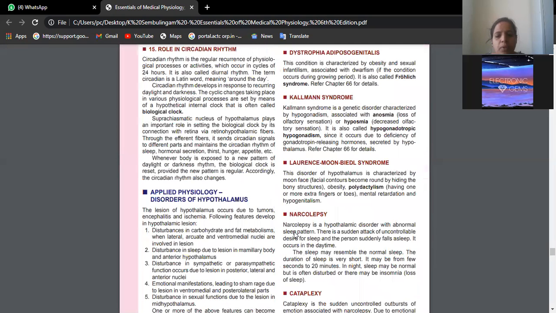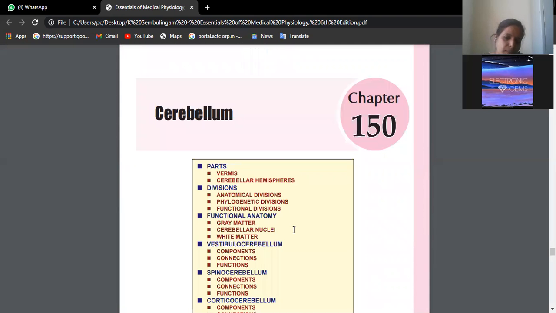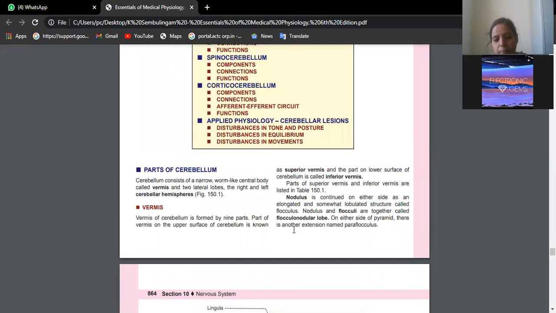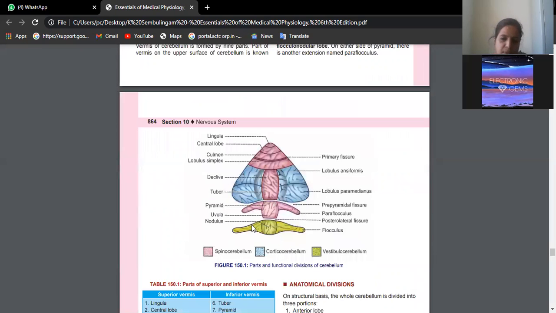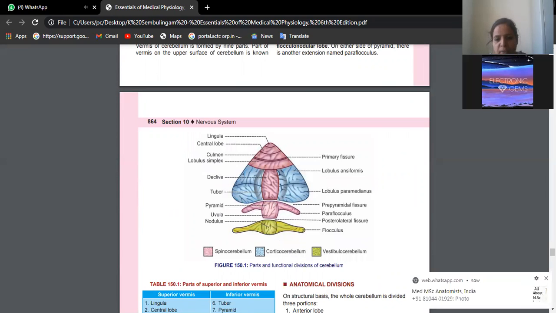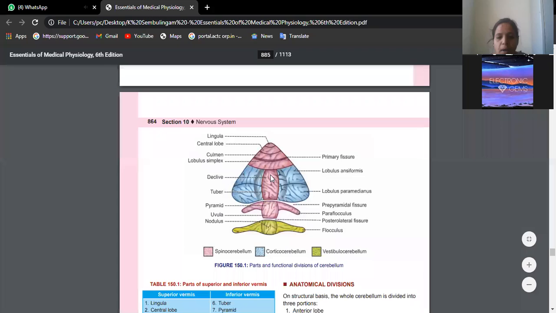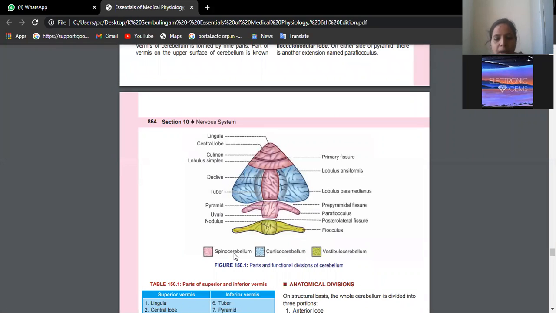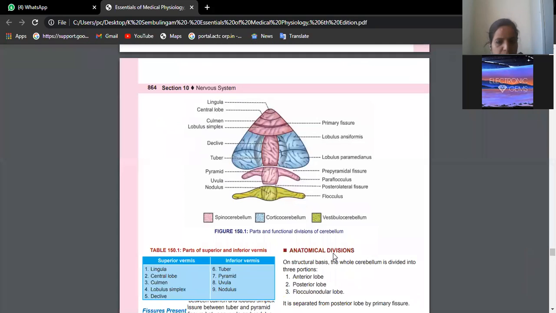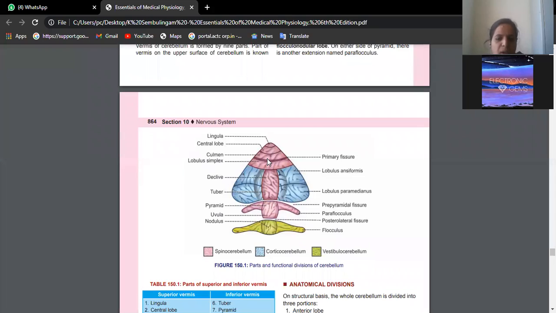See here. So first of all, when you talk about cerebellum, we know it is a part of hindbrain, isn't it? So first of all, you try to draw this diagram. In this diagram, we have three subdivisions, the parts of the cerebellum, which are functionally subdivided into spinocerebellum, corticocerebellum, and vestibulocerebellum. Okay, the gross features of cerebellum I have discussed when we were doing anatomy. A few points you can take from there also.